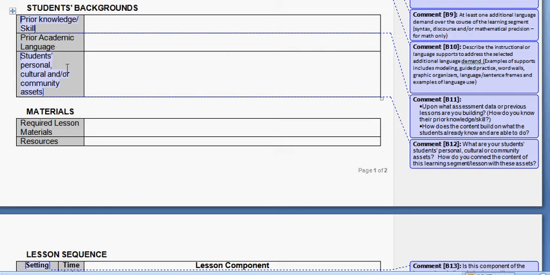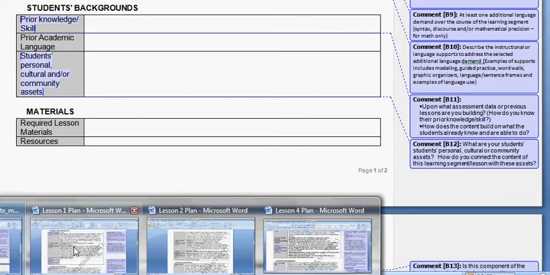Now, the next component of the template is, again, very EdTPA specific. The EdTPA is wanting you to really connect the content to the students' personal, cultural, and or community assets. So as the comment says, what are your students' personal, cultural, community assets, and how do you connect the content of this learning segment or the lesson with these assets? Okay, so to give you an example,